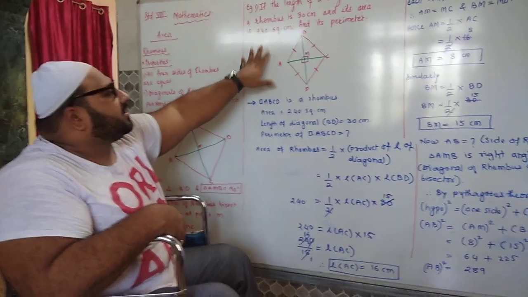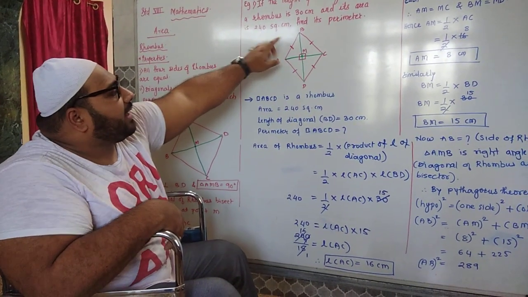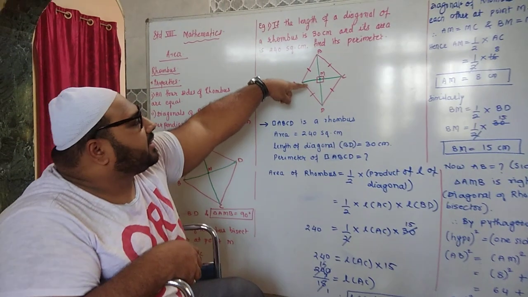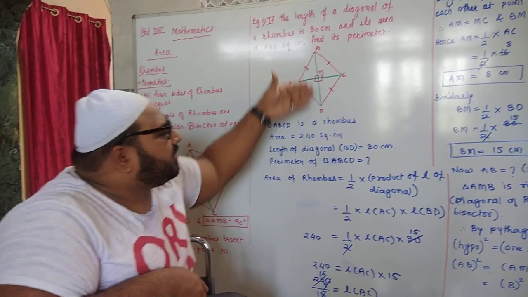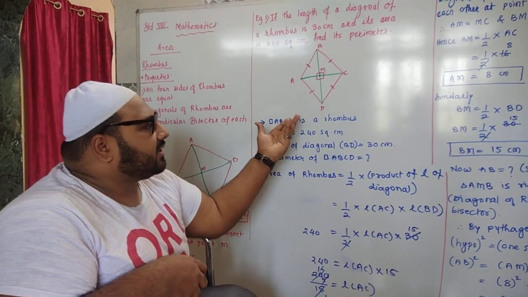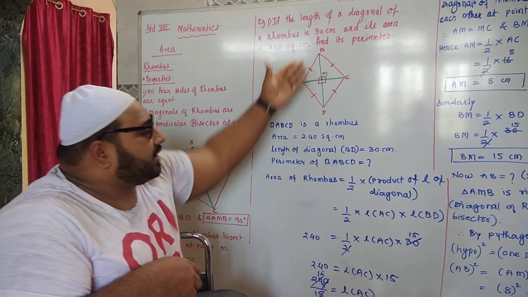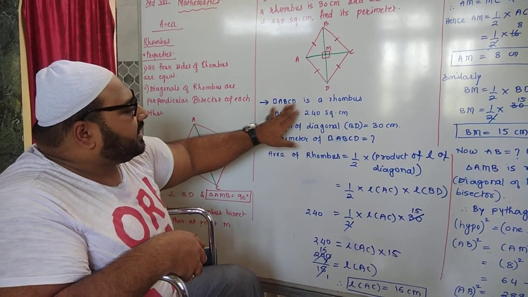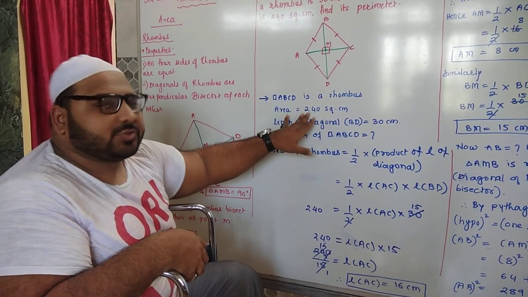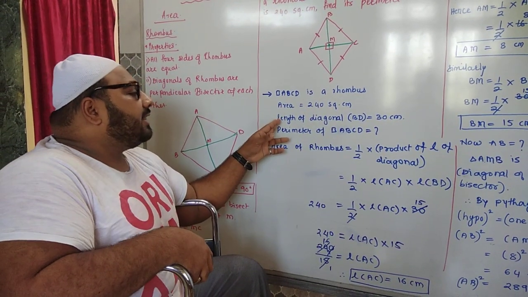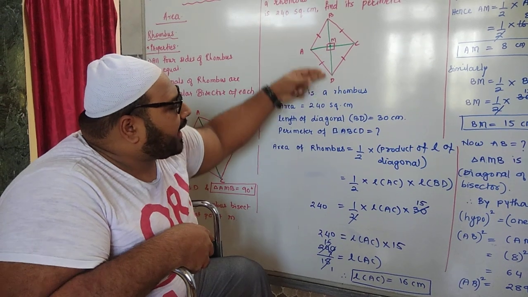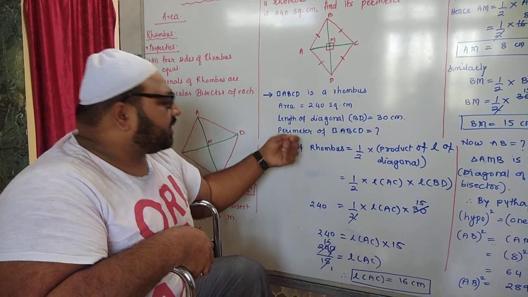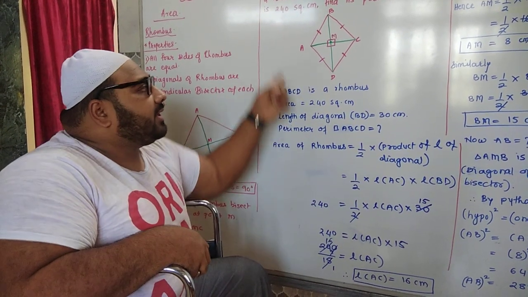That means in this sum area is given 240 and one of the length of diagonal is given 30. We can assume as BM is given 30 or AC is given 30. We are taking as BD is given 30. So quadrilateral ABCD is a rhombus. Its area is 240 square centimeter. Length of its diagonal, we have assumed diagonal BD as 30 centimeter, and we have to find the perimeter of